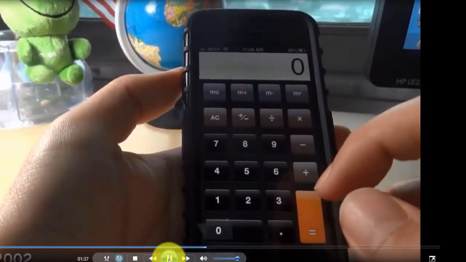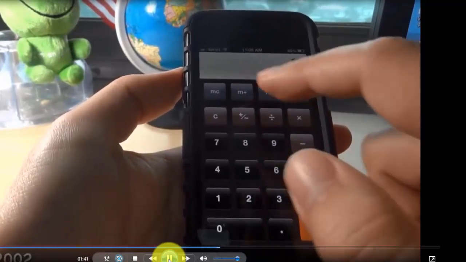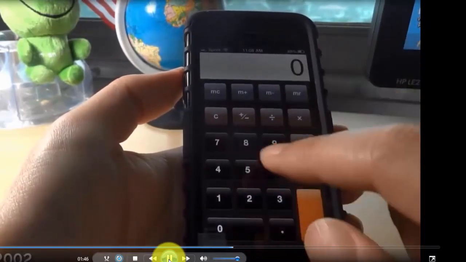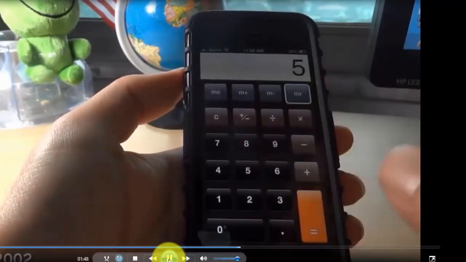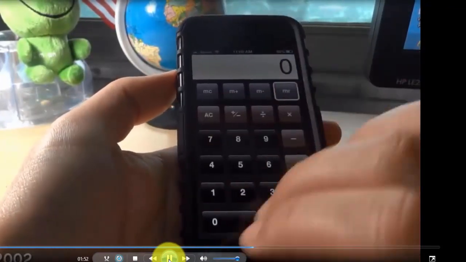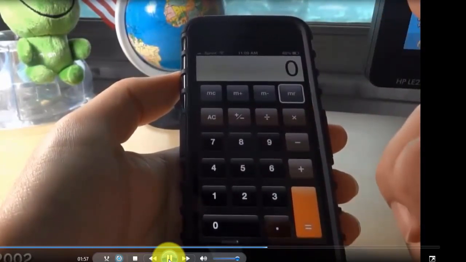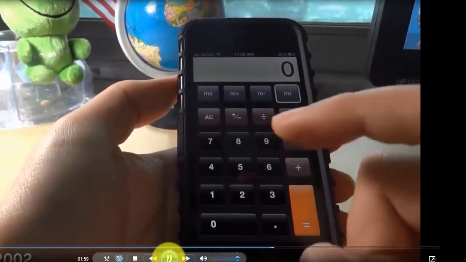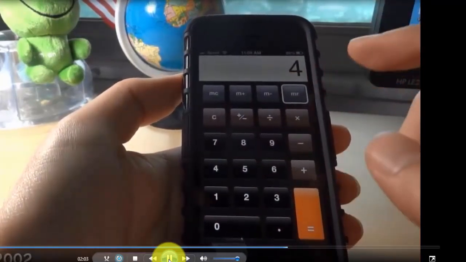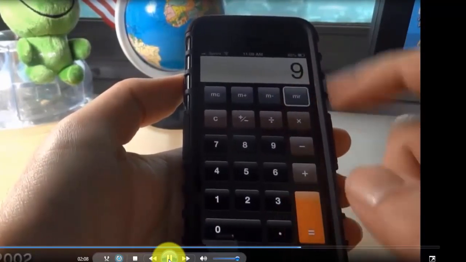Now finally, if I have something in memory, let's say I have 5 again, I'm going to put it in again. Memory recall. Let's see. 5, memory, then M+, okay, and then I have it in memory now. It's highlighted. So let's say I want to add to that 5 stored in memory a 4. So I press 4 and then plus, and now the MR should contain 9. So if I press MR,